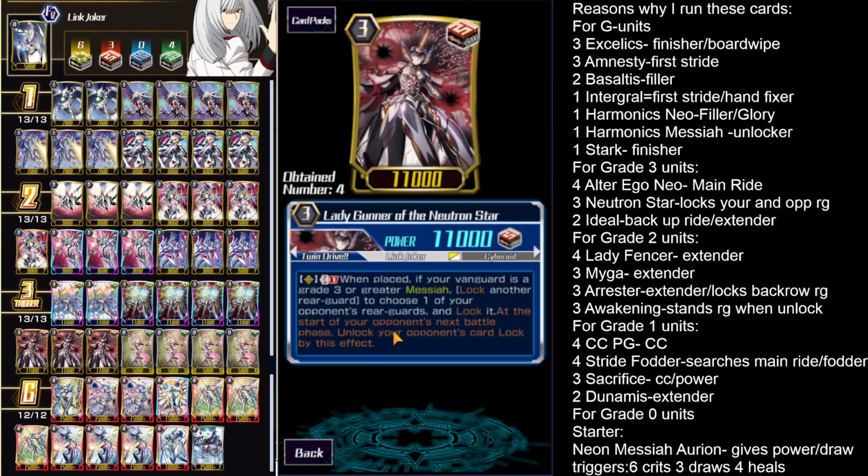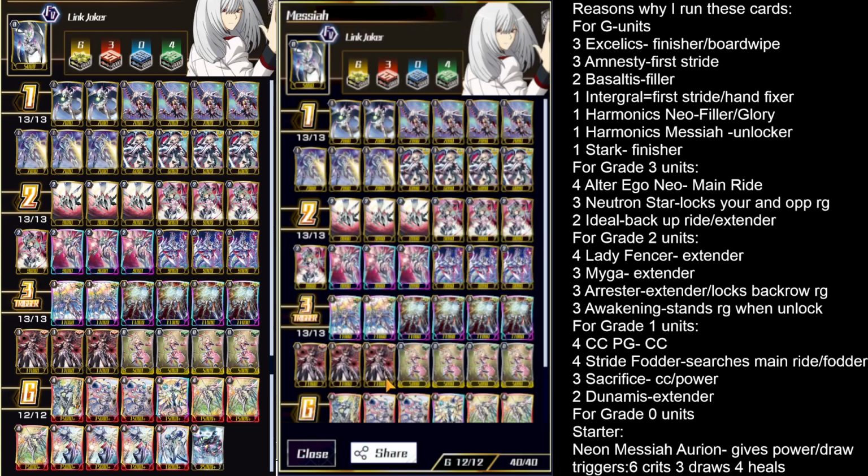Then the only card from the original build of Messiah, which I don't have technically. I could make a deck profile video of it, but no need, since that deck format is so old already, is Lady Gunner of the Neutron Star. On place, if your Vanguard is a Messiah, lock a card, but it has to be another rearguard besides this one, and lock an opponent's rearguard. And most of the locks here unlock at the opponent's battle phase, so it just prevents them from calling